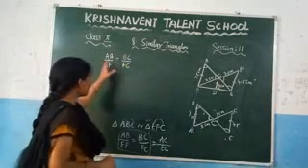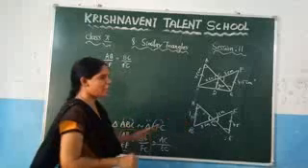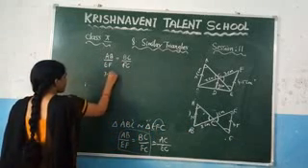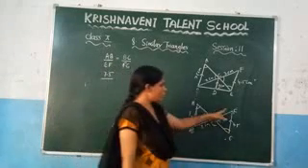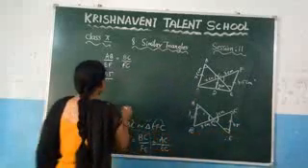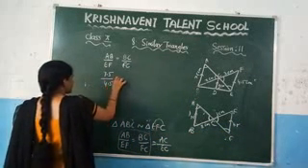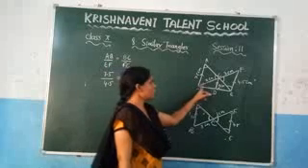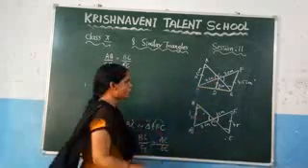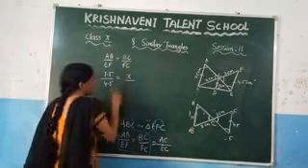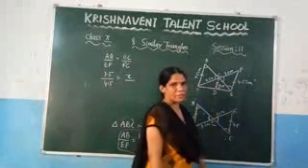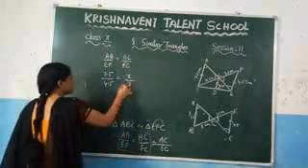So what is the value of AB, which is 7.5? So write it here 7.5, and EF, which is nothing but 4.5. Write it here 4.5, is equal to what is BC, which is nothing but x, that we need to find. So write it here x, and what is FC, which is nothing but 3. So write it here 3.